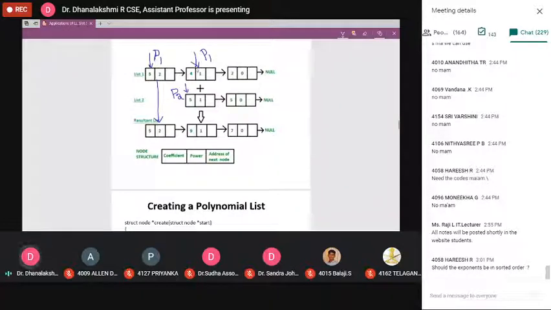Now again, next step, compare the exponent of P1 with the exponent of P2. What do we have to do? Now compare: here 1 in P1, and in P2 the exponent value is also 1. So both exponents are equal. What do we have to do? Yes, we just add the coefficients of those pointers, P1 and P2. 4 plus 5, 9. Then no change in the exponent.